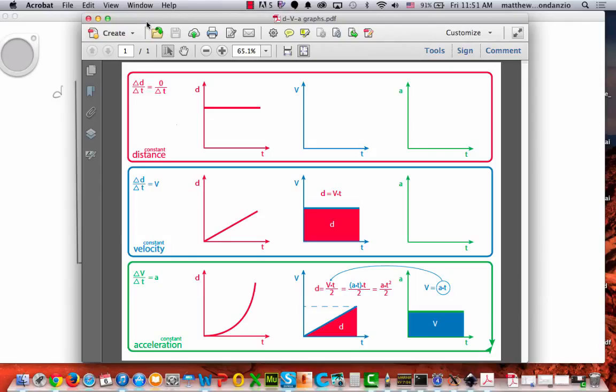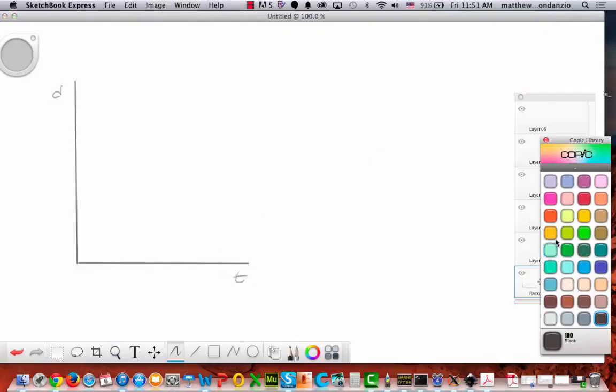What do we know about velocity? What did we determine velocity was the other day? The distance over delta time. So if I have a graph of velocity, I'm going to have a specific change in time, and at each change in time, I'm going to have a delta distance. So I have a delta distance and a delta time. And the velocity